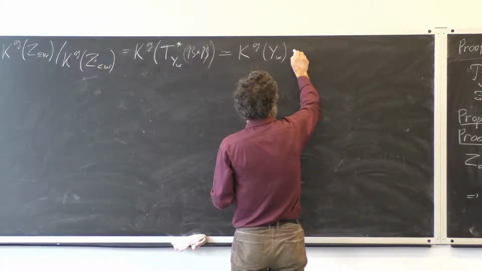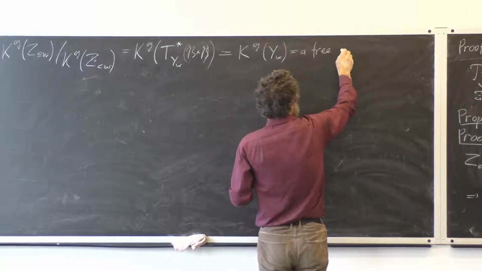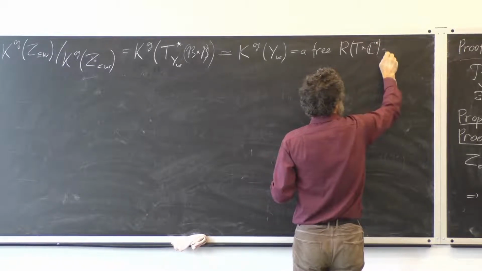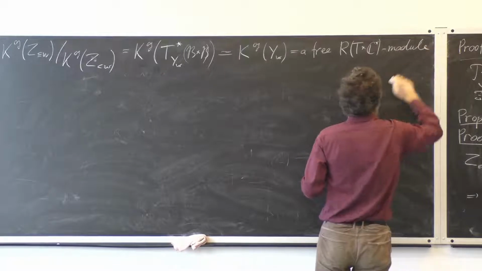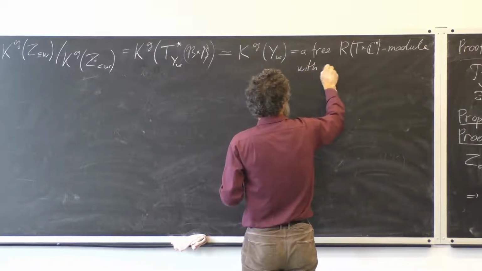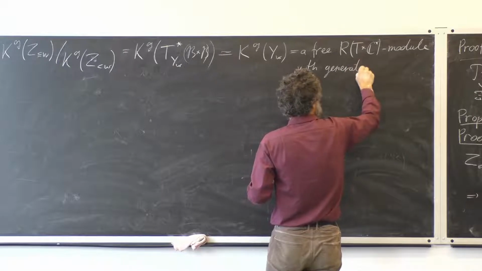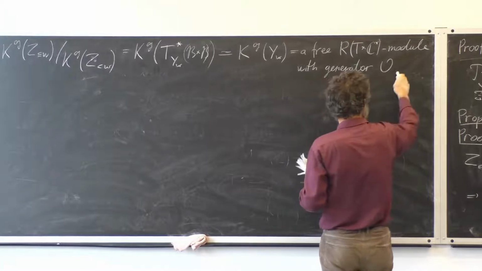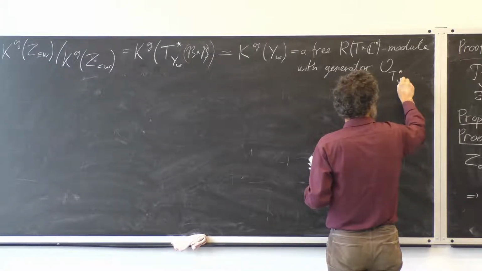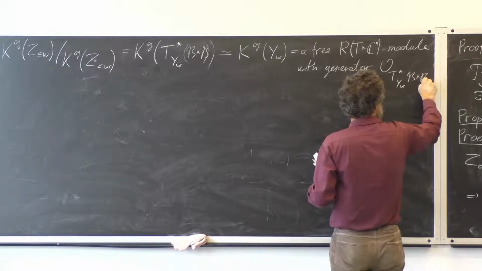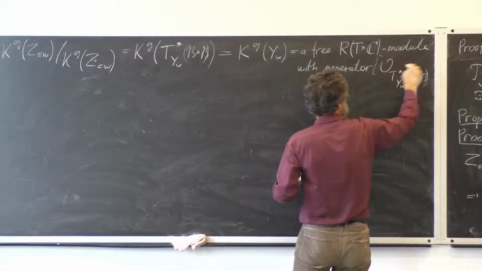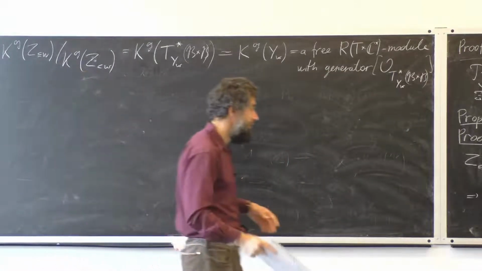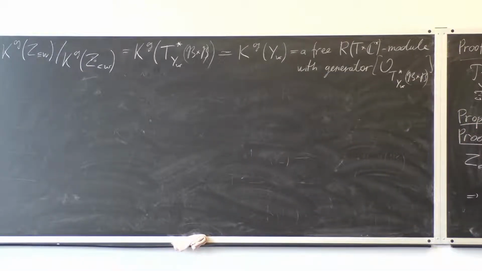So in other words, this will be a free module with a generator the class of the structure sheaf of this conormal bundle. Okay, so this associated graded we understand pretty well,